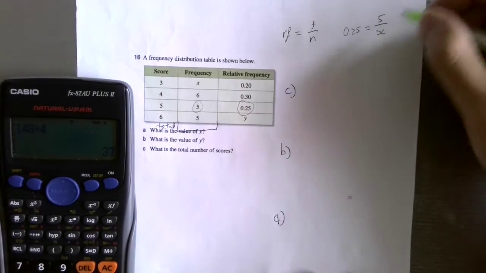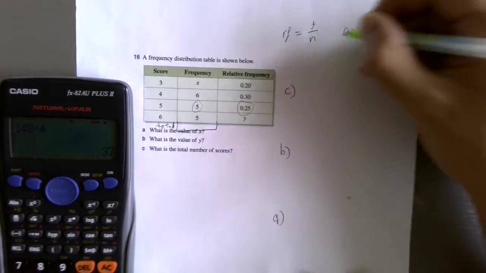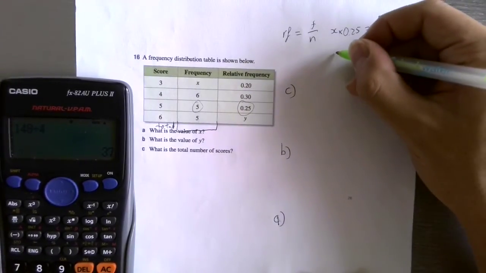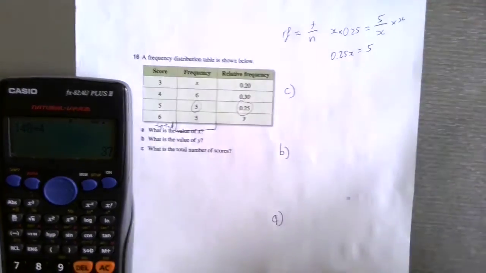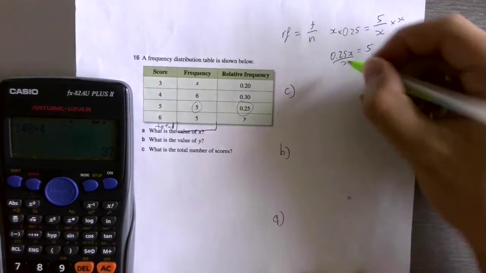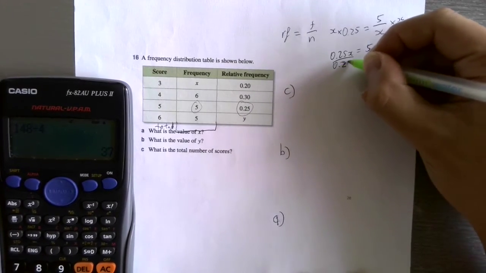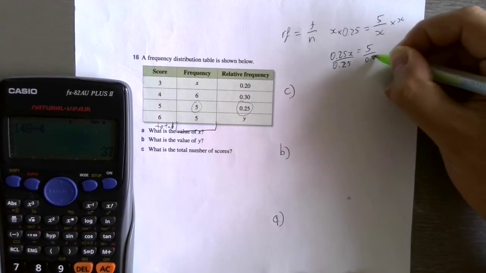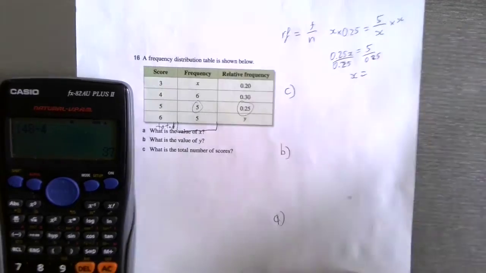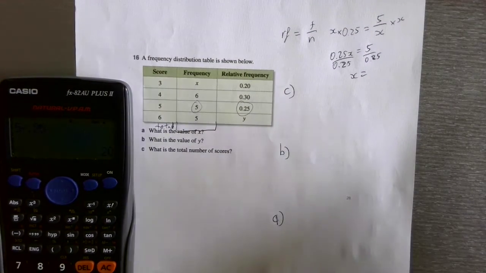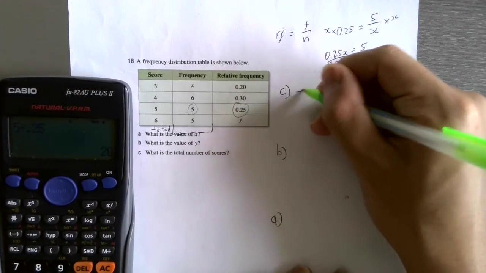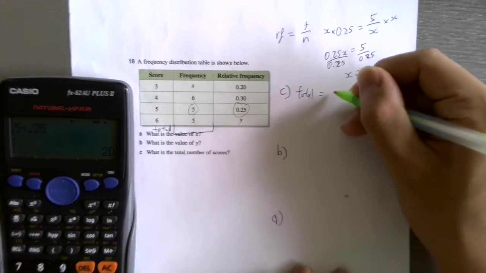If we were to solve this as an equation, you'd be like, hang on, if I times x by both sides, then I have 0.25x equals 5, and then I divide by 0.25 from both sides, our x equals 5 divided by 0.25, which equals 20,